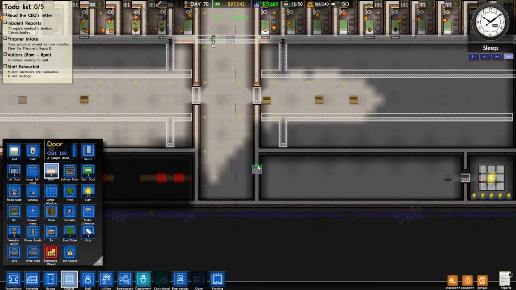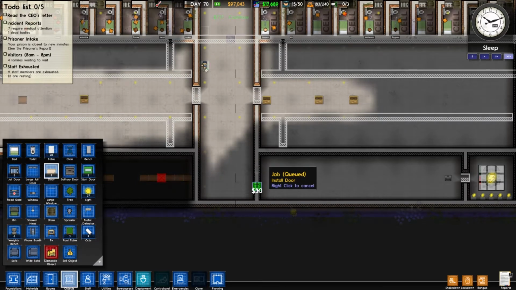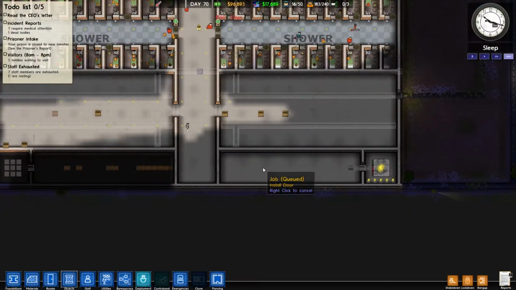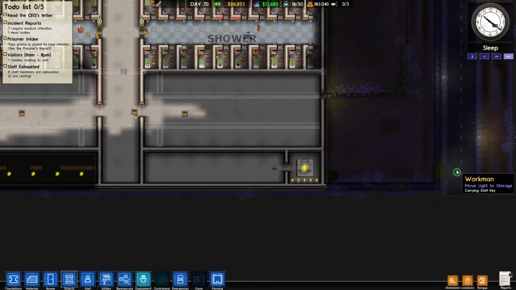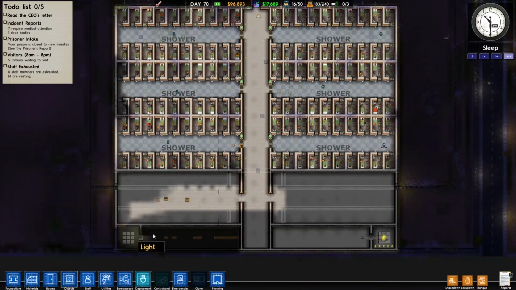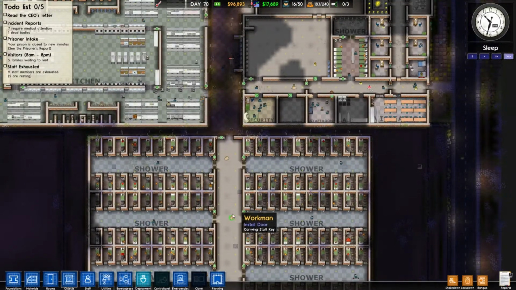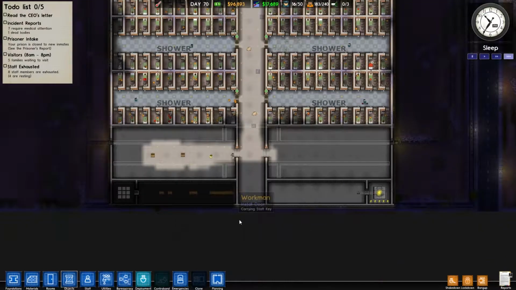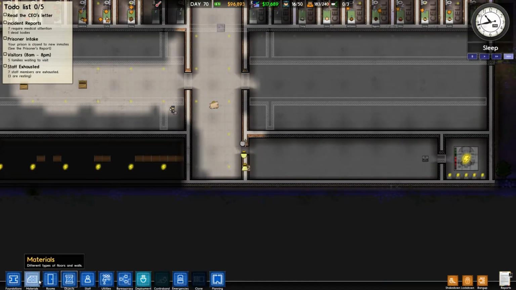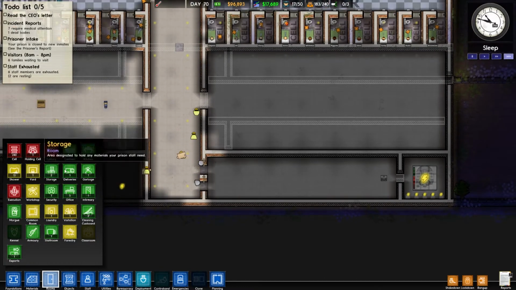Let's get some doors involved there. 1, 2, 3, 4. Yes, we need some doors there, or else people won't be able to get... Where have you got that light from? Move light to storage. That guy's just appeared out of nowhere. Yeah, people may be a little bit stuck at the moment, so let's get those doors sorted. And then we could actually open another cleaning cupboard. So we can just go ahead and...